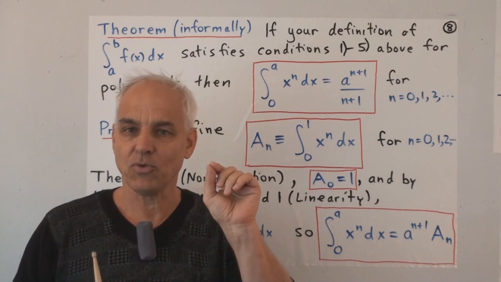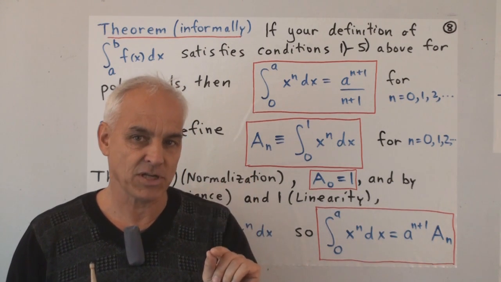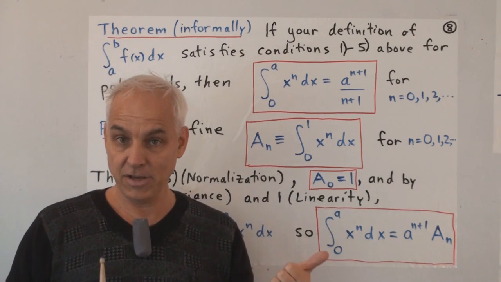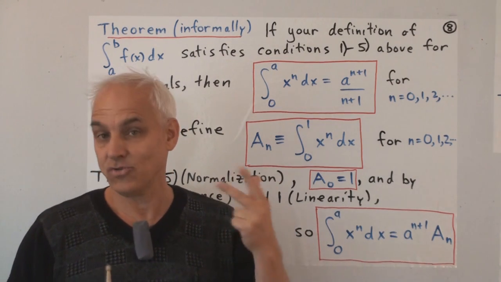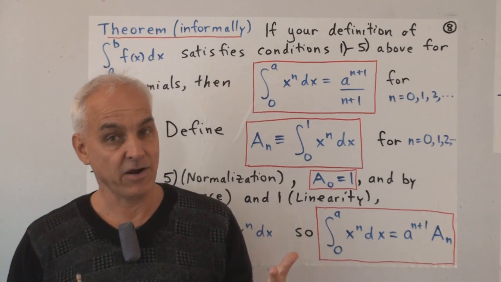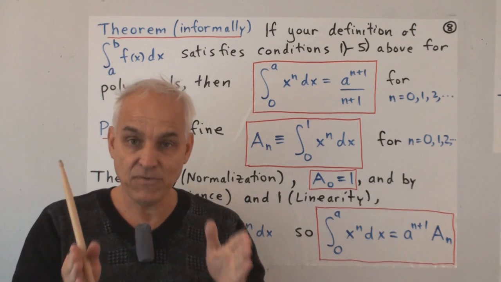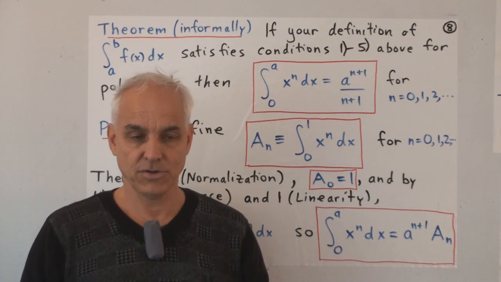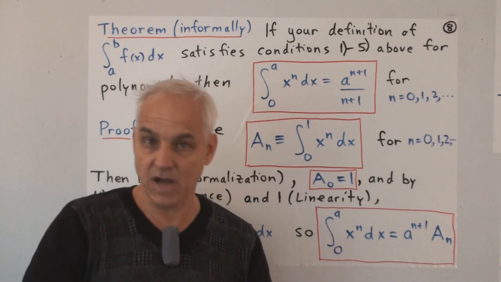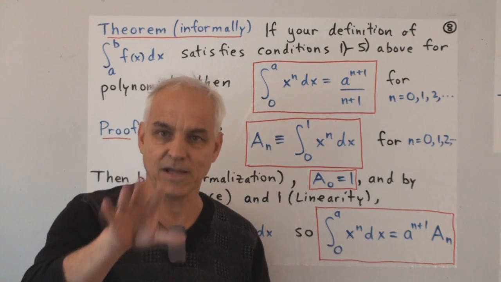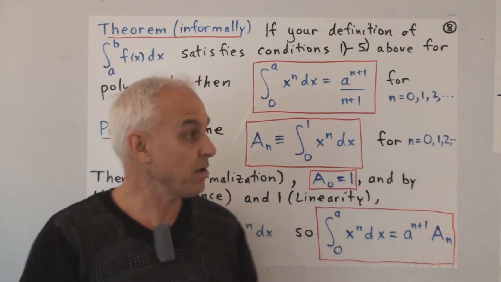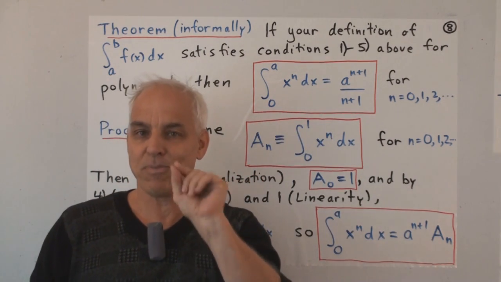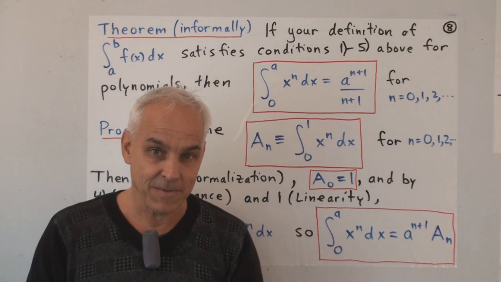I only am concerned with whether you have already established the 5 properties that I've described. Linearity, additivity, translation invariance, scale invariance, and normalization. Have you established those properties for your integral? And you say, yes, it was quite a lot of work, but I have done that. And I say, great, that's all I need to know. I am now going to compute this integral for you, independent of what your particular integration theory is.